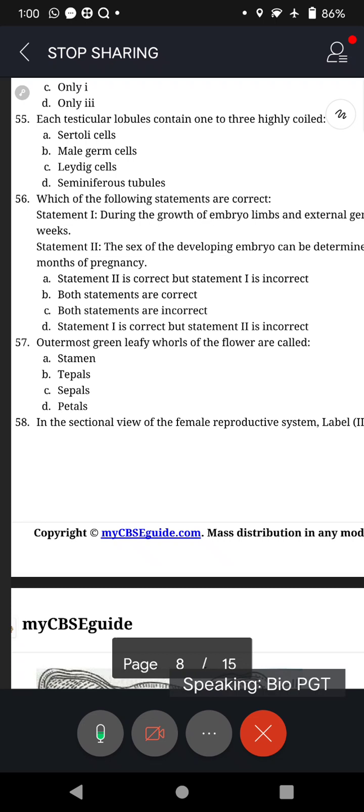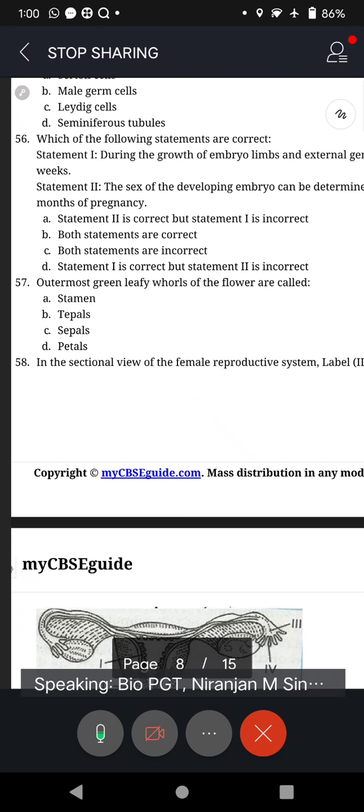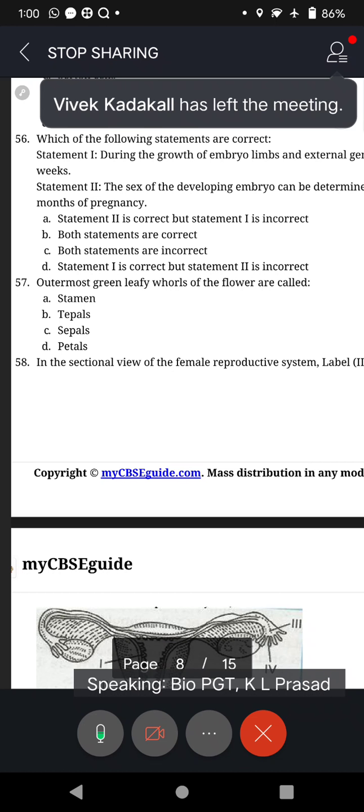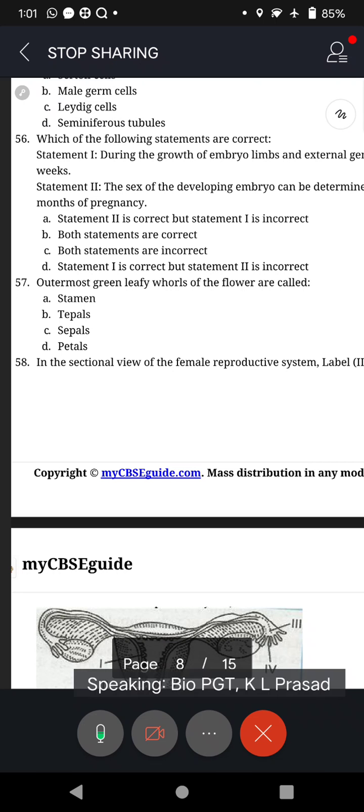Come on, Rakesh. Niranjan, come on. Calyx, sir. Calyx, corolla, androecium, gynoecium. So fast you have forgotten, right? Okay. It's whorl. Whorl means something that is arranged in the form of a ring. So you have got an outer ring, second ring, third ring, fourth ring. So we say 4 whorls, isn't it?